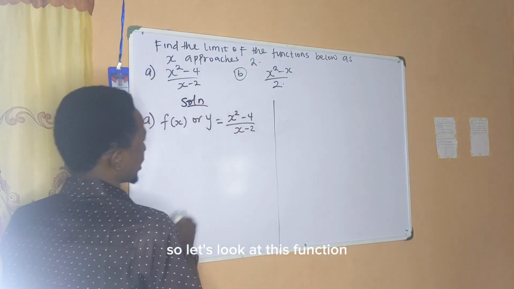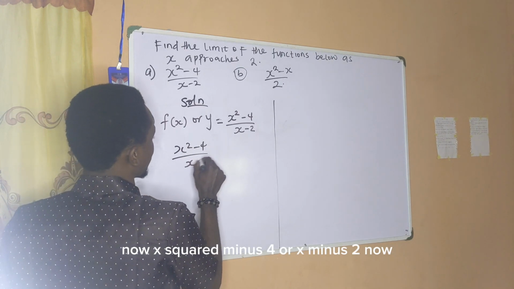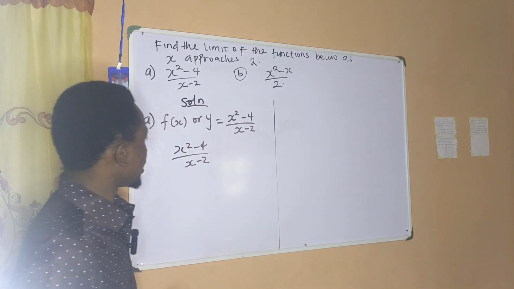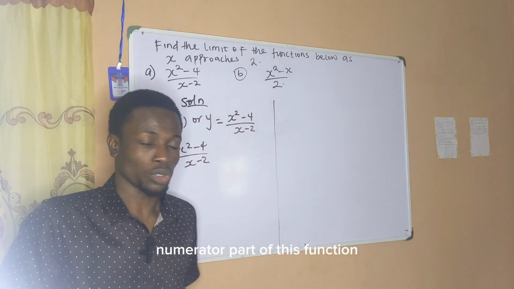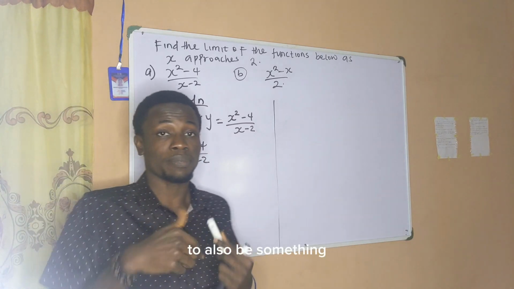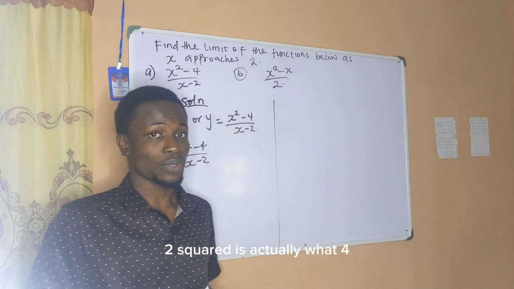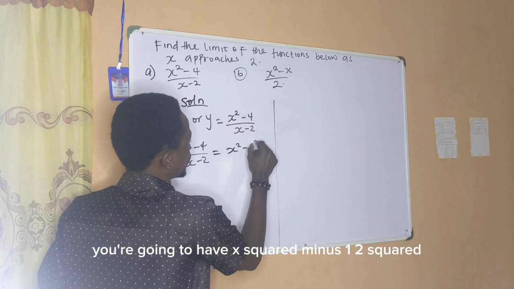So let's look at this function now. x squared minus 4 over x minus 2. Now, if you observe the numerator of this function, you see that this is a square, and is there a way we can reduce 4 to also be something squared? Yes, 2 squared is actually 4. Now if you do that, you're going to have x squared minus 2 squared all over